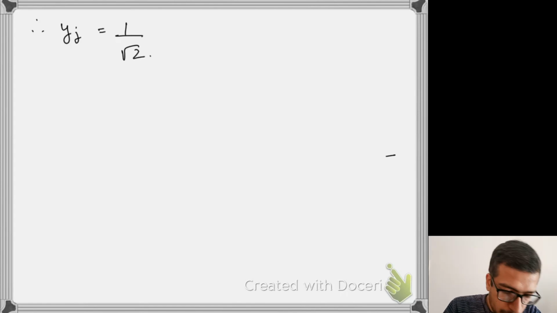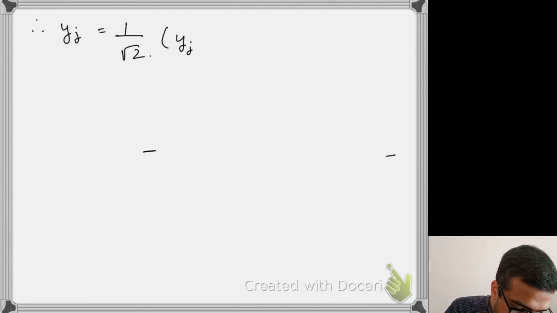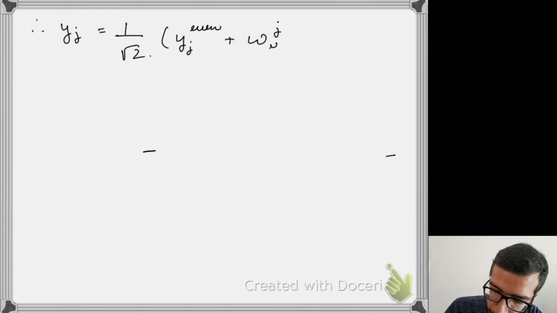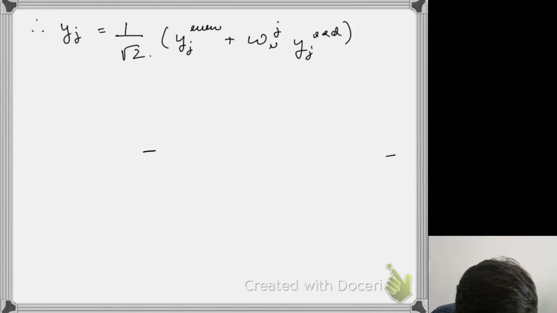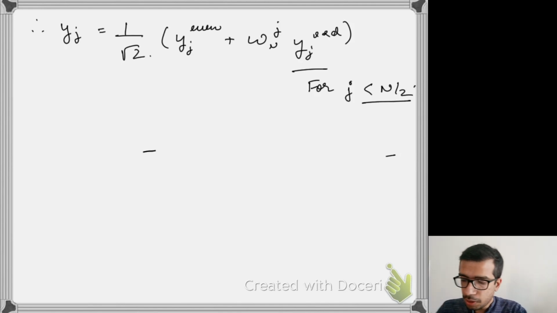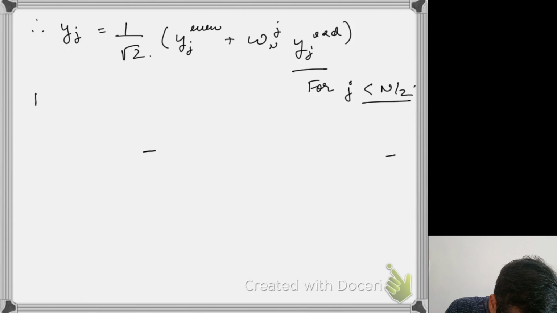So 1 over root 2 of y sub j even plus omega_n to the power j y sub j odd. This is for j less than n by 2, and for j greater than or equal to n by 2